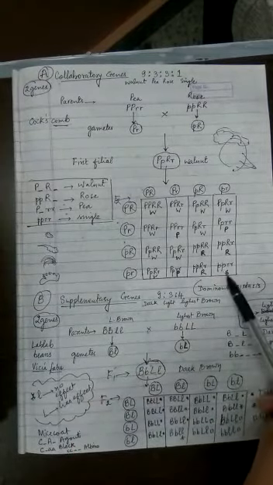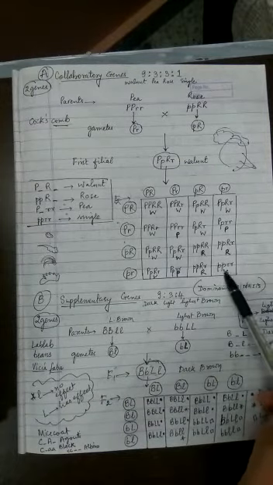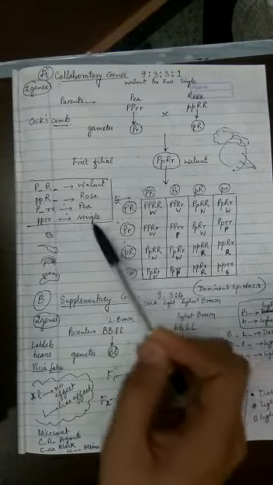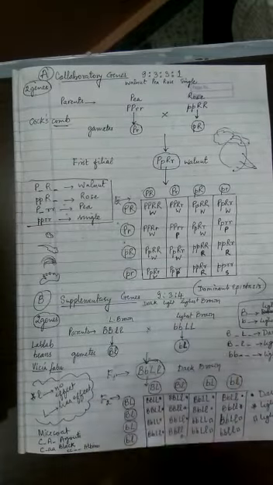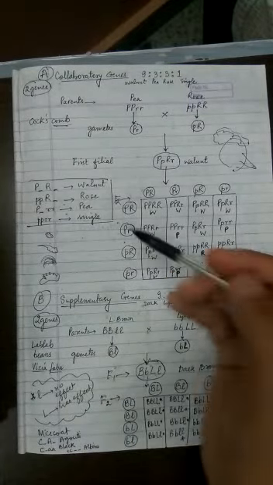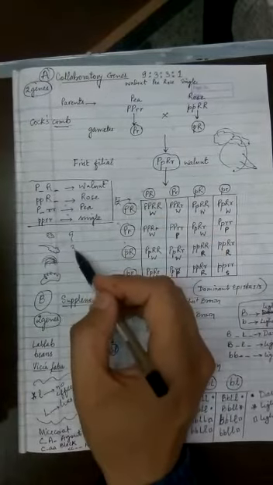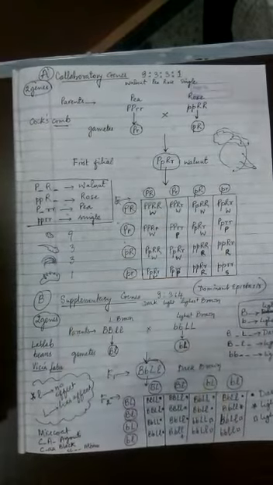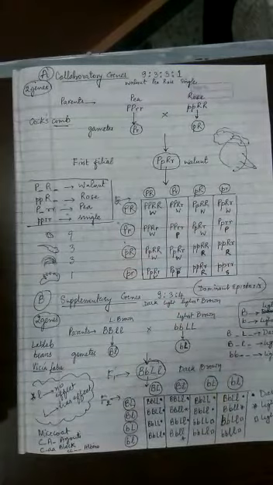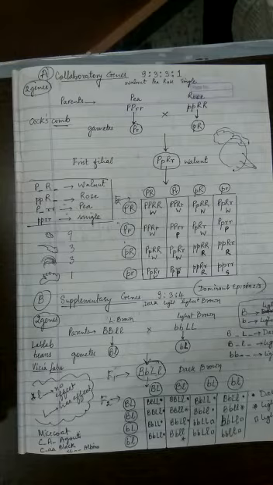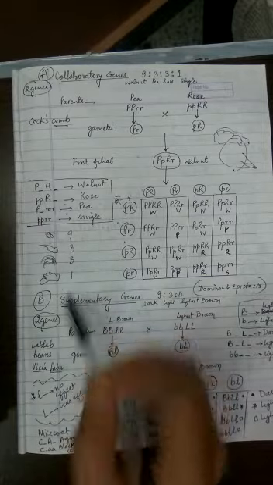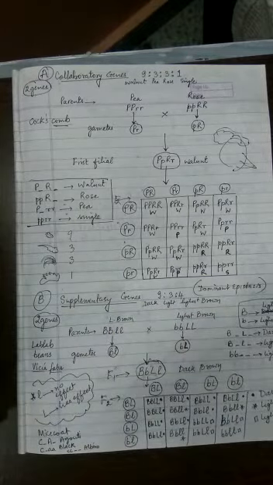And the last situation where all the genes are in their recessive form will prepare which type of phenotype? Single type of phenotype. So how many phenotypes are there? 1, 2, 3, 4 in the ratio of 9:3:3:1. So don't get confused. This is not the 9:3:3:1 ratio of the Mendelian dihybrid cross. This is 2 genes controlling 1 character. So in this case, how many phenotypes will develop? 4 phenotypes.